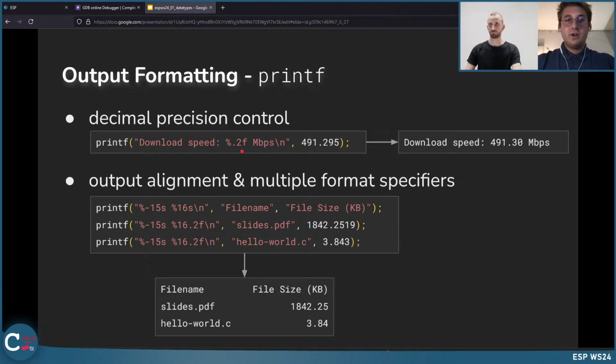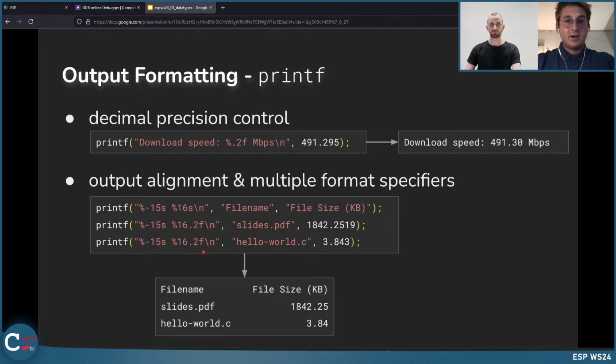And what is also a cool feature of printf is the output alignment. So we can reserve some space when we print something using printf. So this is just a very short example here. If we want to align two columns when printing something, we can use a number between the % and the format specifier letter.